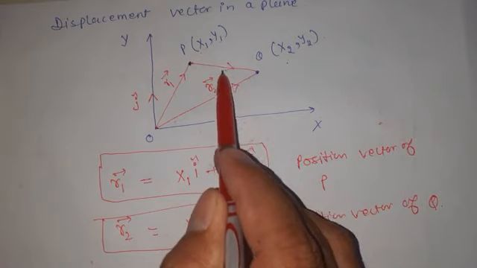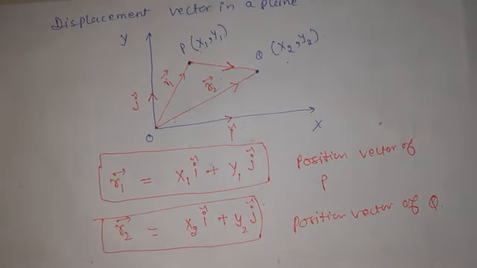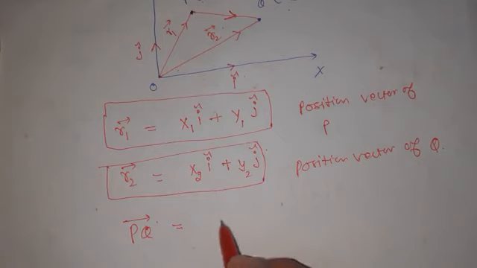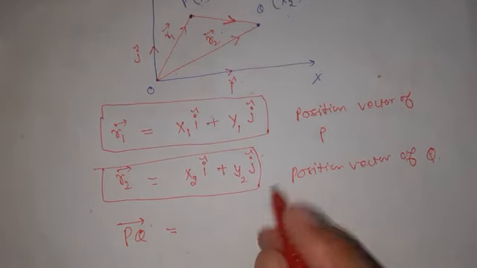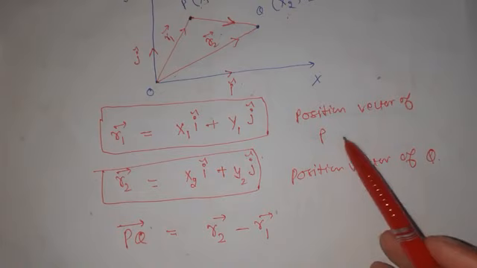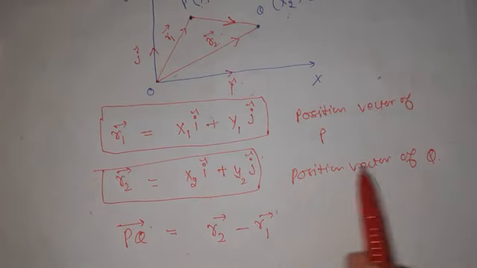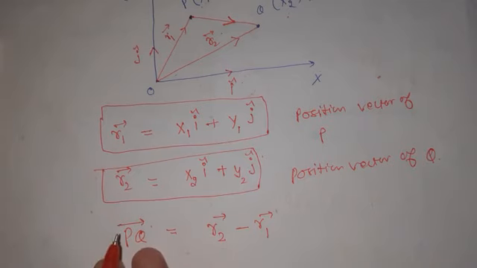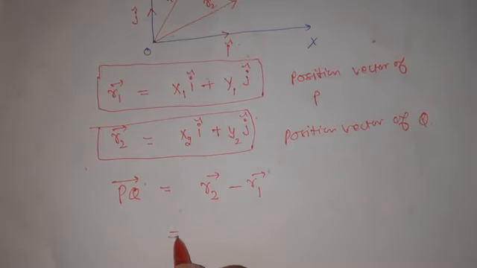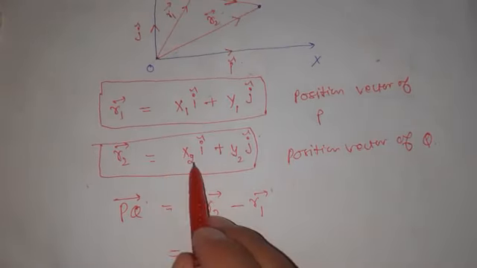Okay, now this body has displaced from p to q, तो ये p से q की तरफ जाती है, this is the displacement। ठीक है, तो displacement is what, it is pq. Okay, so displacement is always written by that final position minus initial position. So final position vector is given by r2 and initially it was at r1। पहले कहाँ पे था, p पे, फाइनली कहाँ पे पहुंचा, q पे। तो फाइनल पोजीशन वेक्टर में से इनिशियल पोजीशन वेक्टर कम करोगे तो डिस्प्लेसमेंट आ जाएगी।